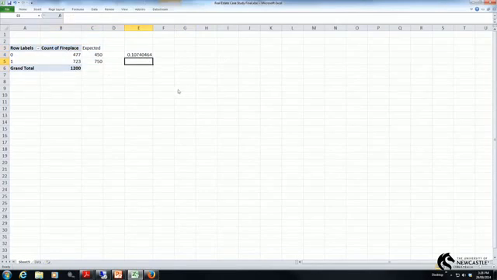So that's having a look at using the Chi-Square test in Excel for comparing one variable of categorical data to